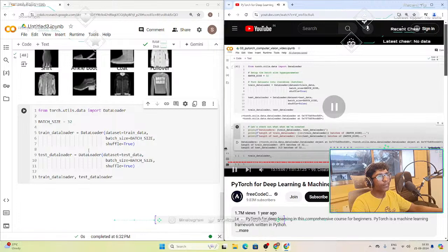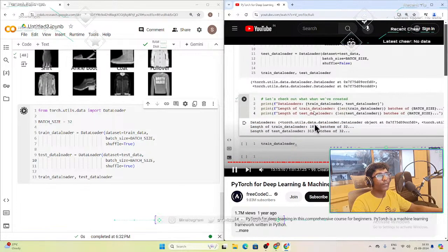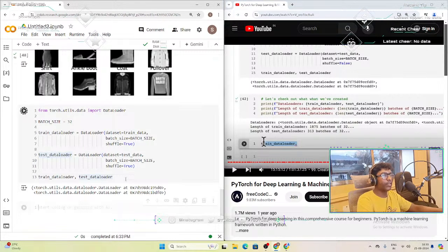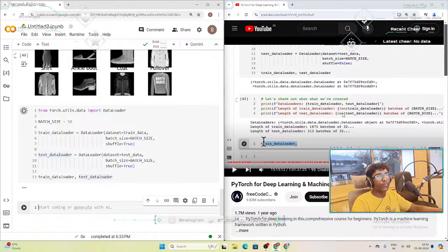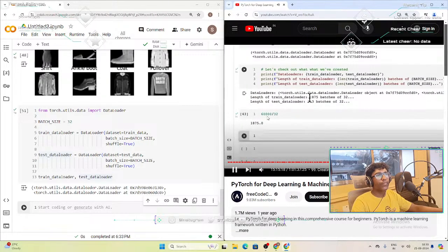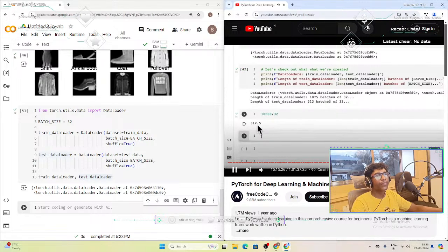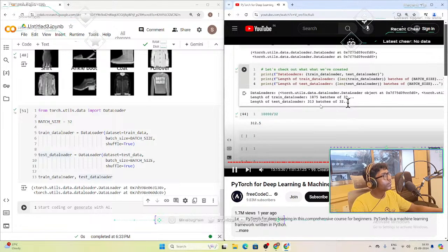What we saw before with this one. But this is more interesting here. Length of train data loader. Yeah, we have about 1,875 batches of 32. So if we do 60,000 training samples divided by 32, yeah, it comes out to 1875. And if we do the same with 10,000 for testing samples of 32, it comes out at 313. This gets rounded up. So this is what I meant, that the last batch will have maybe not 32 because 32 doesn't divide